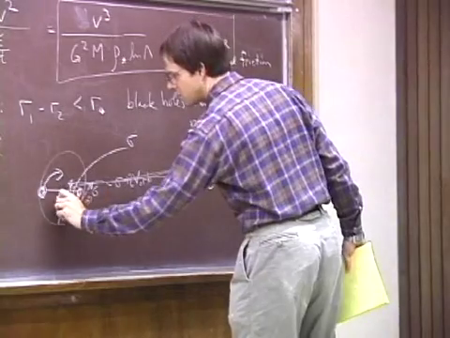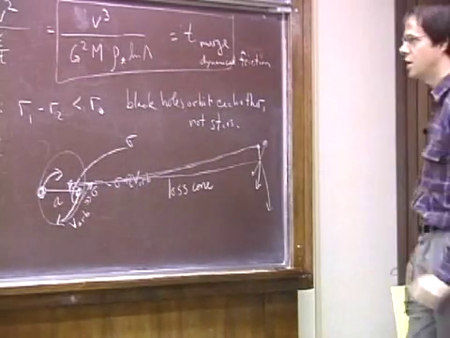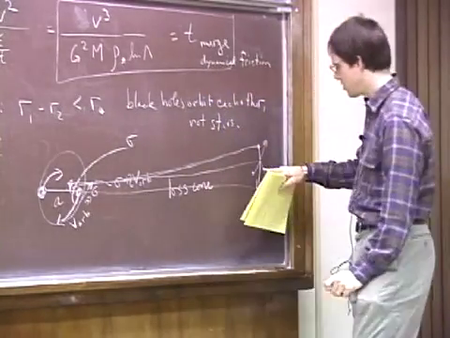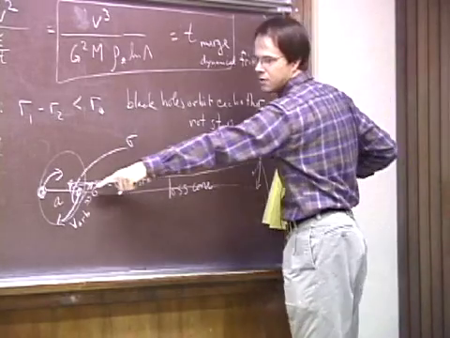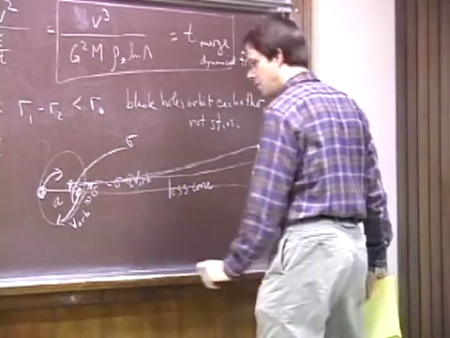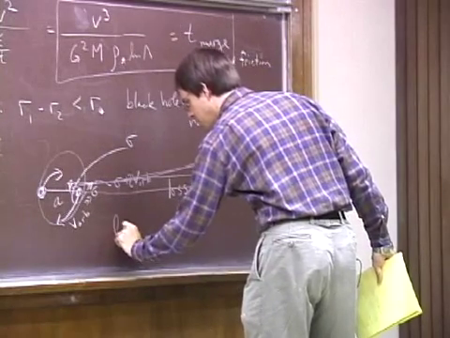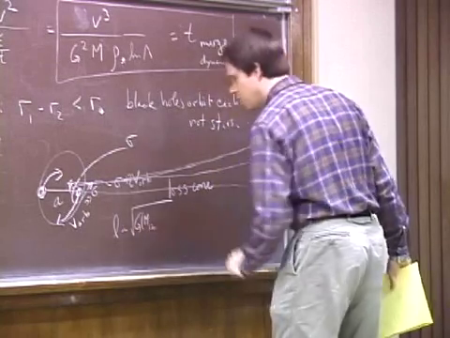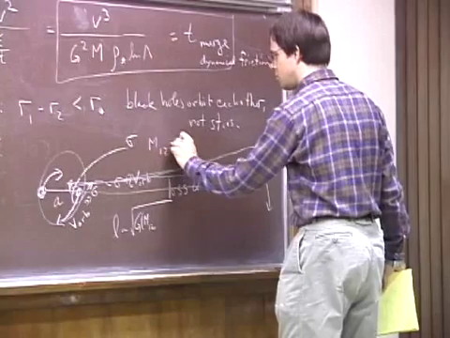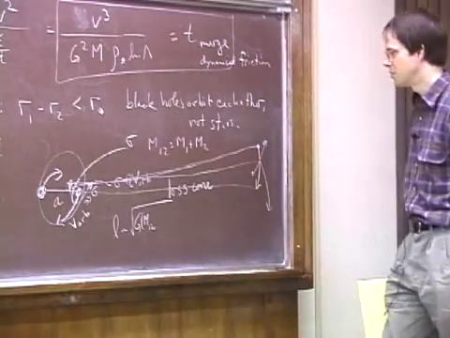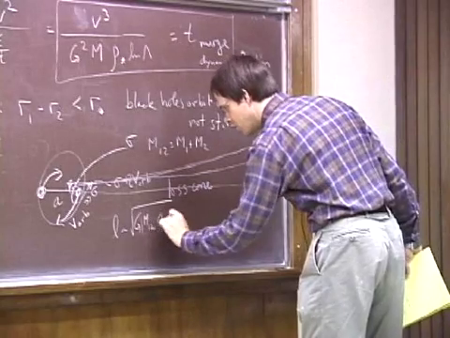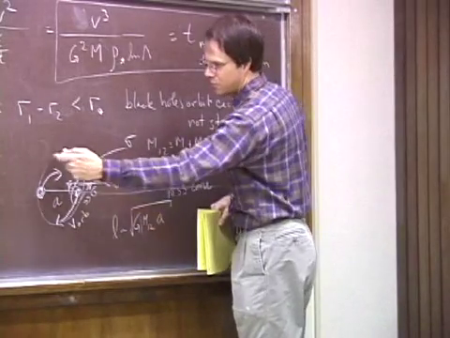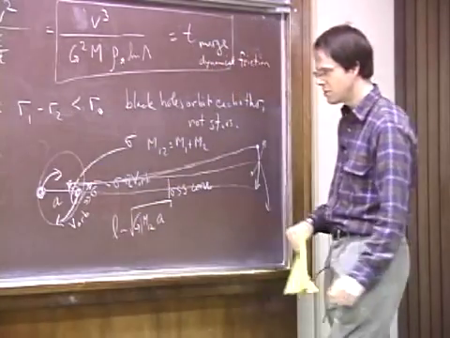And if you imagine that the semi-major axis of the two black holes is A, then the lost cone consists of stars whose orbits will take them to a pericentric distance less than A. So that corresponds to a specific angular momentum, which is like the square root of G, let's call M12, the total mass in black holes, M1 plus M2, times A. That's the angular momentum, that's the relative velocity that it will have near a pericenter,